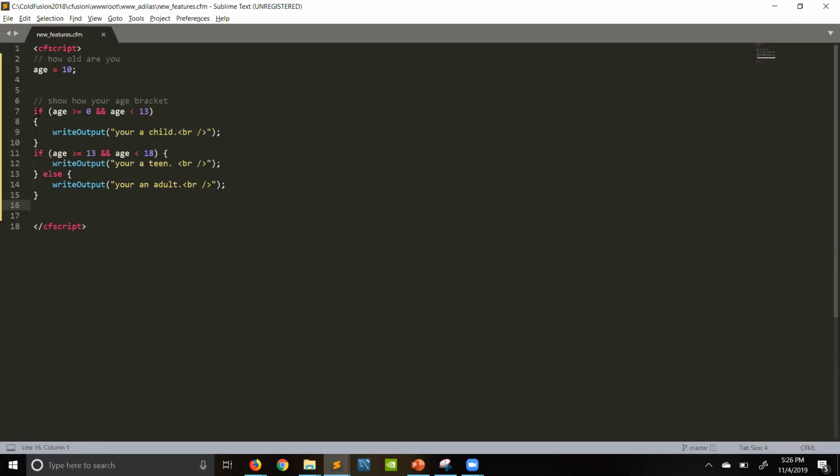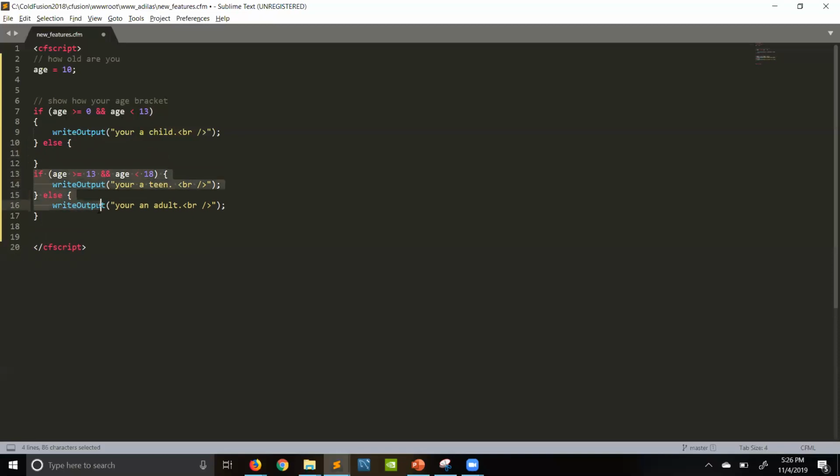The problem is each one of these is executing by itself. So we're saying, hey, if the age is between these two, check this, but this is its own statement. So what we need to do is we need to make sure that we add in an else here to do a nested statement. And so what it's going to do is instead of running each of those individually,